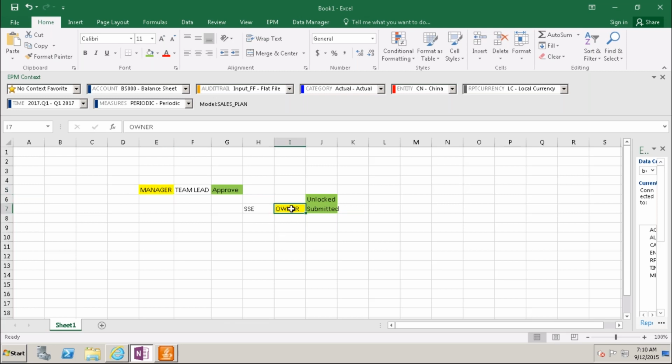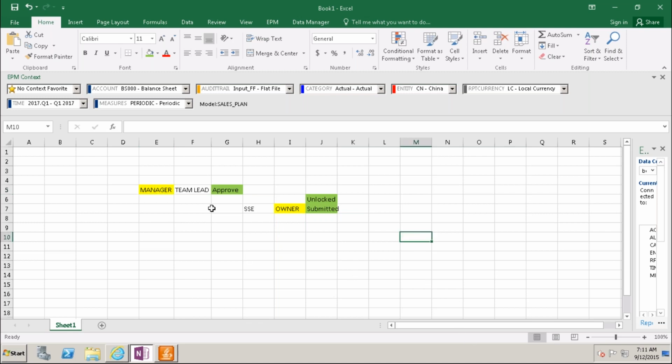Owner is who owns the timesheet and who will submit the timesheet. That goes to the manager. Manager means who approves.